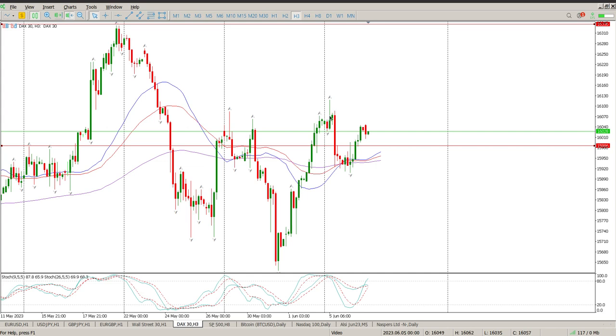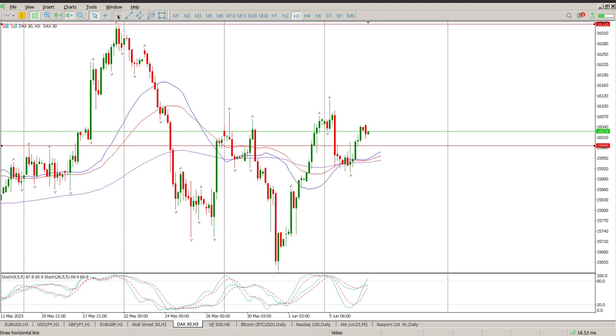Now, if you look at the 3 hour, you can see Monday was a big move down straight into the moving averages. But then look what happened yesterday. We started just bouncing around. Oscillators, have they crossed over? Yes, they've both crossed over. So that's normally a sign of a big move. Moving averages have crossed over. They were grouped together, and everything is looking